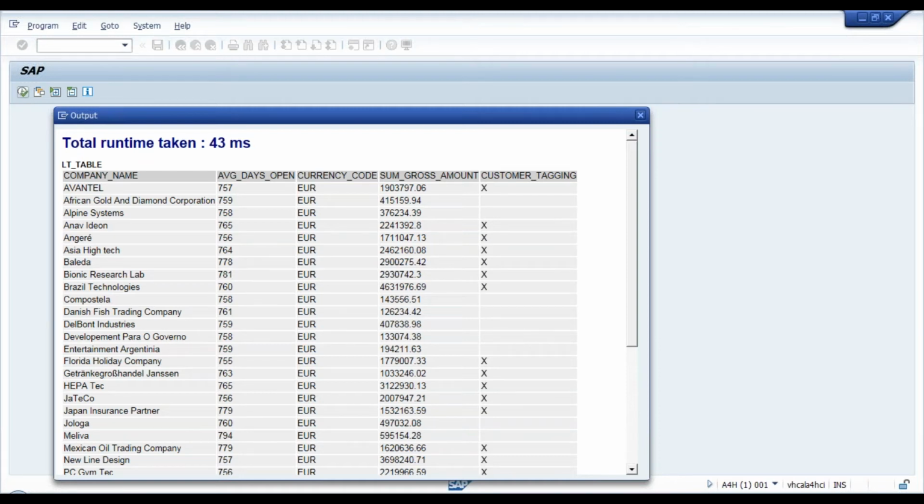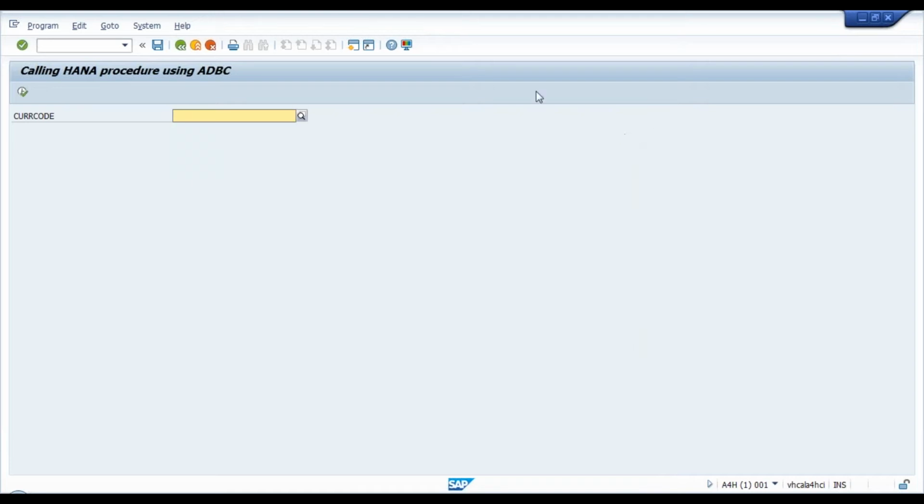If you've written a good SQL script code, it does all the currency conversion, it does all the processing for you in a much faster way as compared to anything else for that matter. But by the way, both techniques, analytical view or attribute view and SQL script, all are code push down. They are better than our first program, which was, I don't know how much time it was taking.